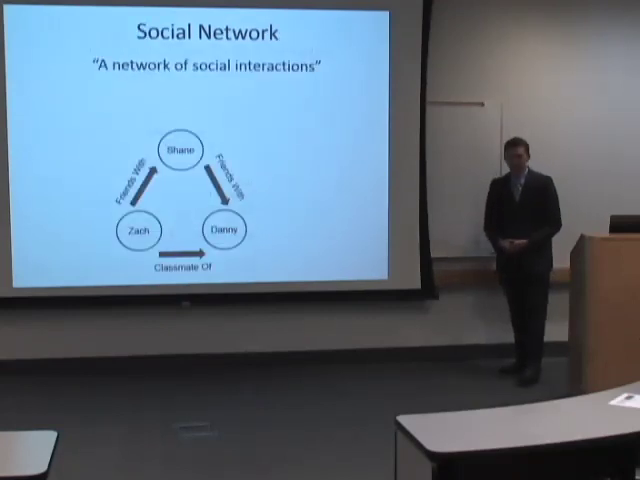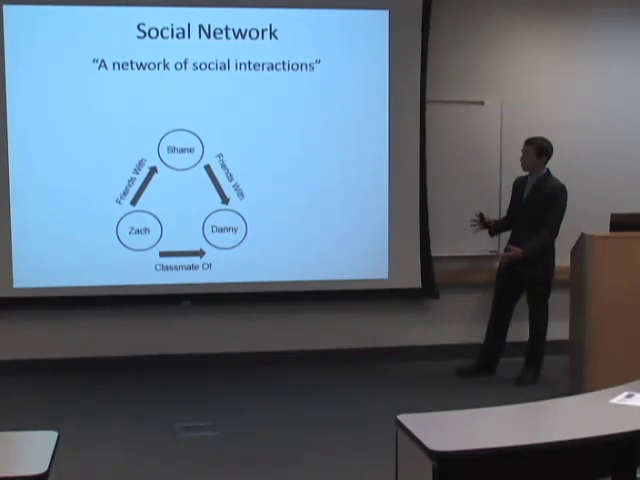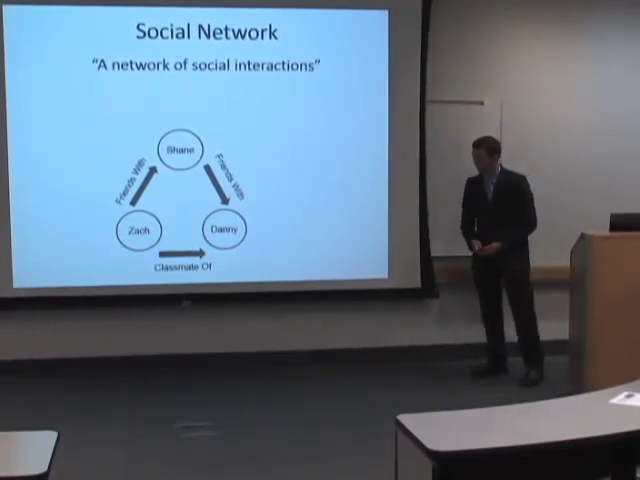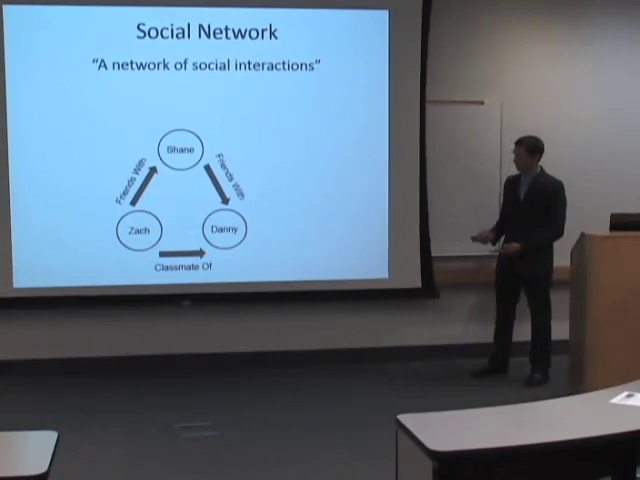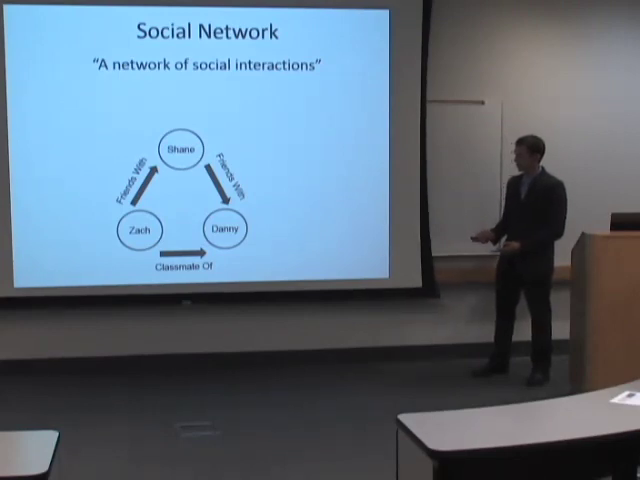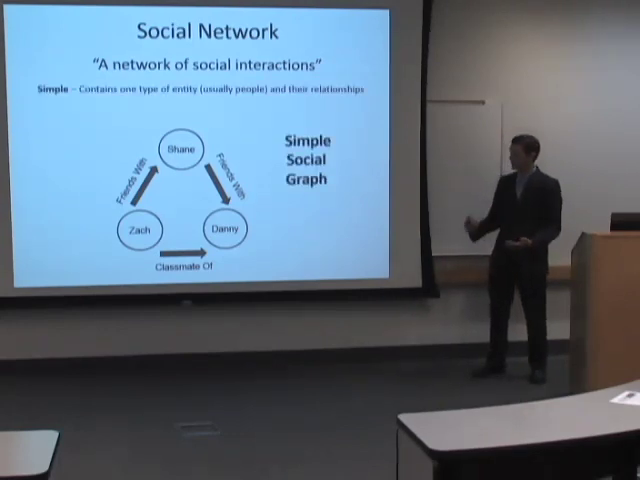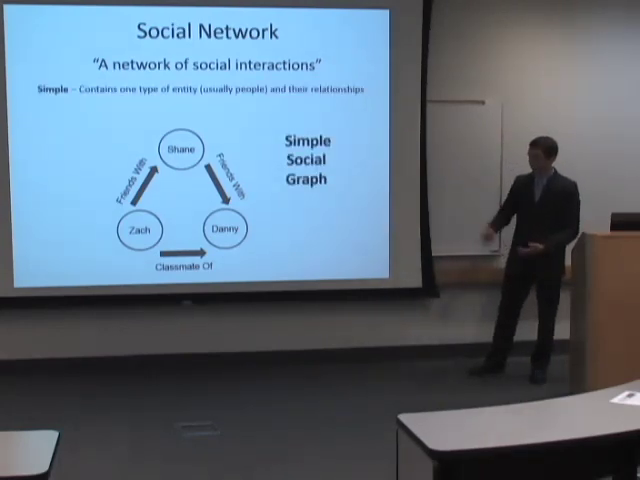Okay, so what is a social network? Well, in general terms, it's just a network of social interactions. Okay, so here we have a small example. These are three of my friends. We have Zach, Shane, and Danny. They're connected by certain relationships. Zach is friends with Shane. Shane is friends with Danny. Zach is the classmate of Danny's. And this would be an example of what we might call a simple social network in the form here of